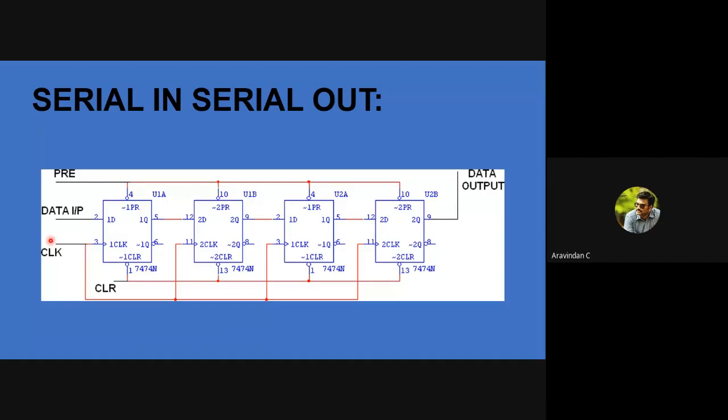Okay, thank you. So there's a preset and the clock will be always low. When I'm going to press the button, what happens? It is going to reset all my data inside the flip-flop. Mostly we'll be using the data input, which is either a high input or low input, and the clock is used to transmit the data from one box to the other boxes. That is one flip-flop to the other flip-flop.